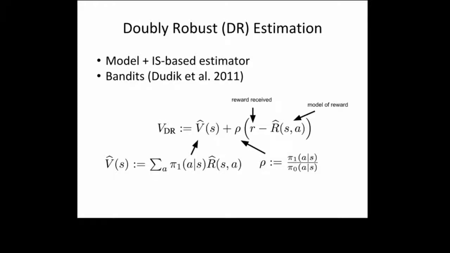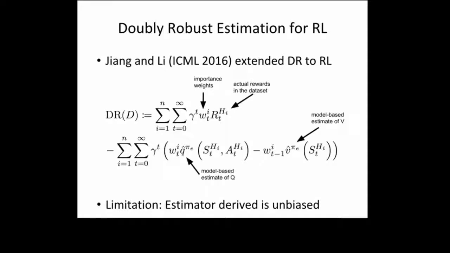And then the V hat here, all of the hats are indicating what we're getting from our approximate models. So here, this is the value of the state under our approximate model. So the doubly robust estimator combines these, and we can also think of it as a control variate type approach, which has been very popular in policy search recently, to try to combine the benefits of a model-based approach and importance sampling. Then in 2016, Nan Jiang and Lihong Li extended the notion of doubly robust to reinforcement learning,